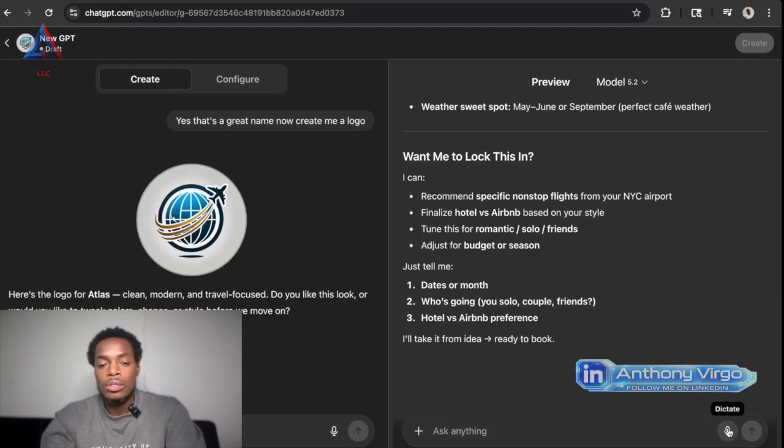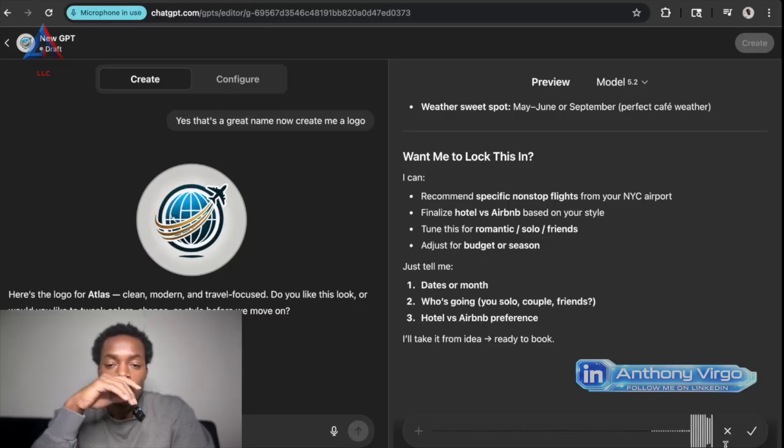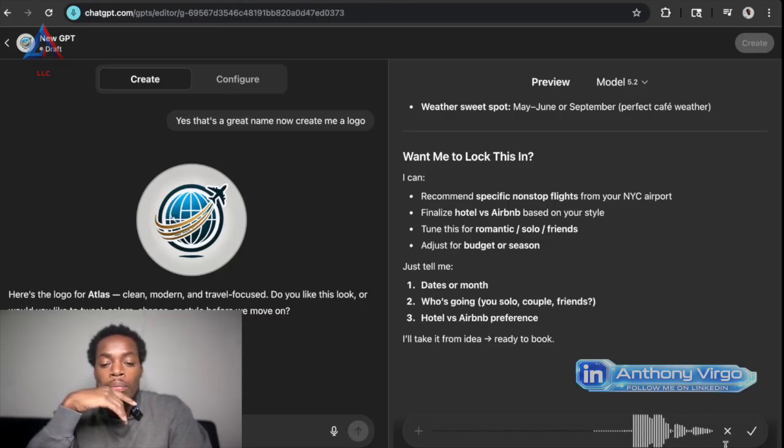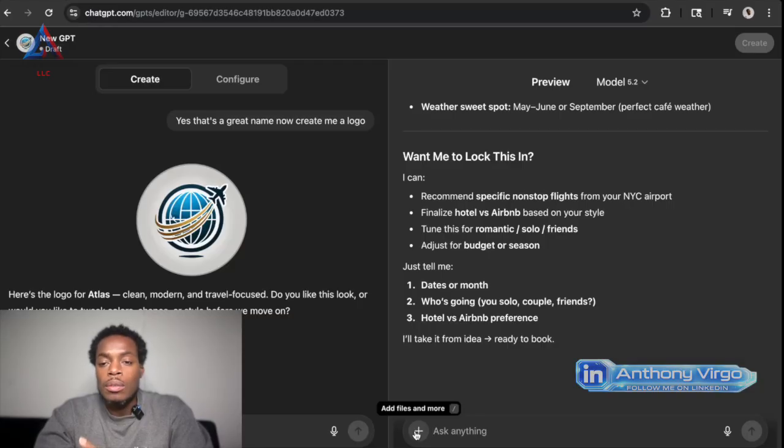So now let's talk to it. Hey, what's going on, Atlas? So hold on, let me see something. Before we do that, you could add files. You can add anything that you want to upload. So say if you got an Airbnb somewhere, or a picture of an Airbnb, and you want to design it for